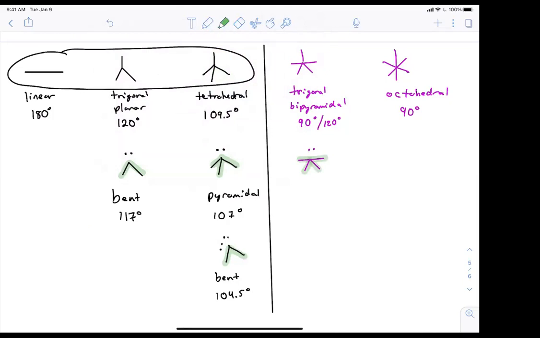So what shape is this, Moritz? Seesaw? Yeah, this is a seesaw. Do you see how it forms the two base legs and then the flat plane over there? That's your seesaw. You don't need to know angles for this, so don't worry about that too much. Now, if you made a lone pair that was up here,